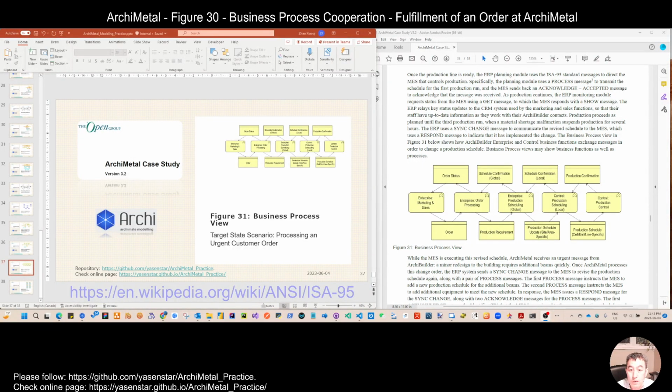Hello again. Welcome back. Let's do this figure 31 for ArchiMetal. Actually, this is kind of beyond ArchiMetal, the company is linking with the Archi builder. This view is called the business process view, but actually we are using the business function in the middle